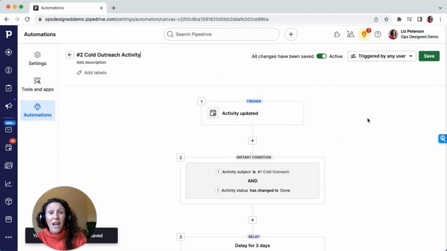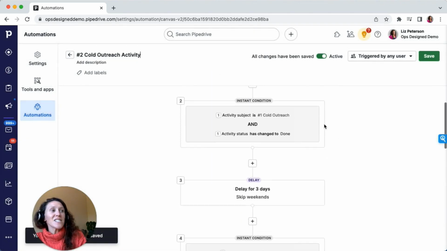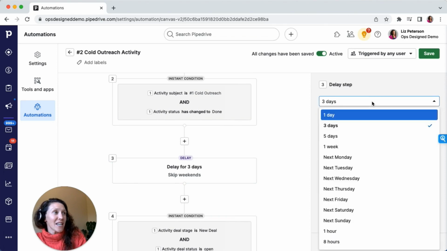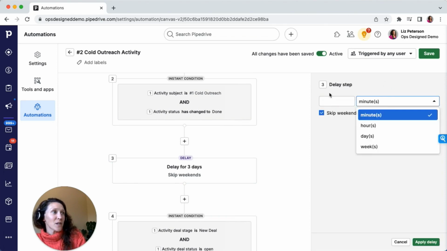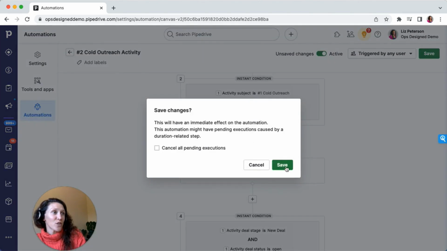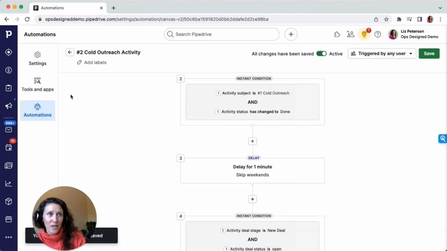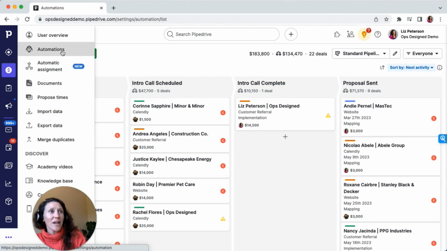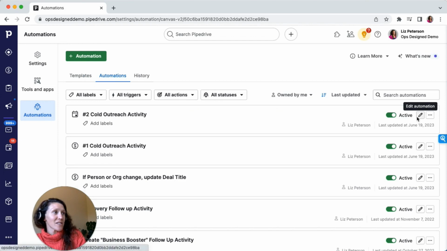Perfect. So now I could run a test, but this test is going to take 3 days with this delay step. So what I like to do is update the delays to be a custom period, and I just do 1 minute. So I'm going to apply that delay, and I'm going to save this automation. Now I'm going to go to my pipeline. And here in the pipeline, actually see this is the standard pipeline, and this is where I want to run that test. So I'm going to go back to my automations, and I'm going to adjust my